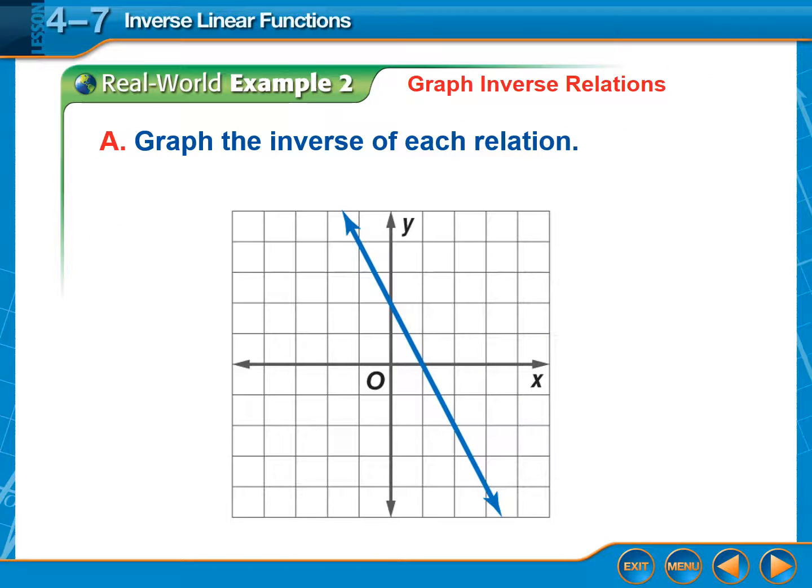All right, so we've also dealt with graphs of linear functions. So in this case, what we've got here is a graph of a straight line. And they want us to create the inverse for this particular function. So what did we do on those previous examples? Well, we took the x and y coordinates and we just switched the locations of the x and the y values. So for this line, in order to create an inverse relation of this line, I need a